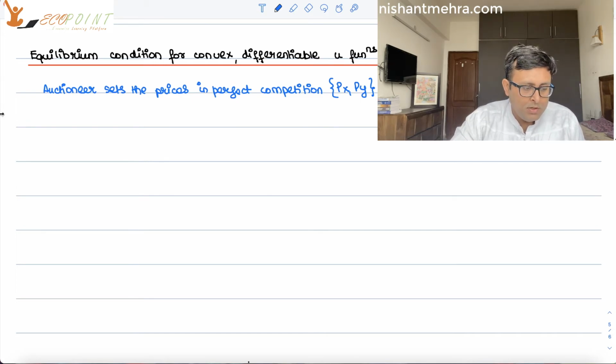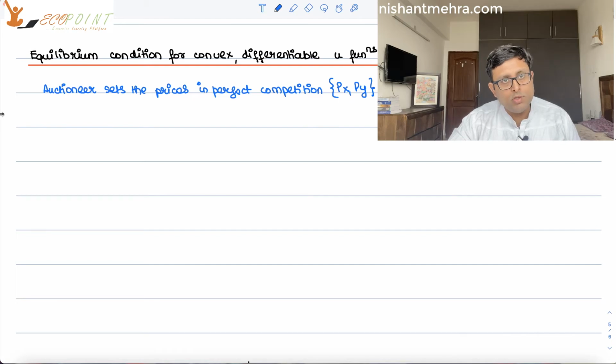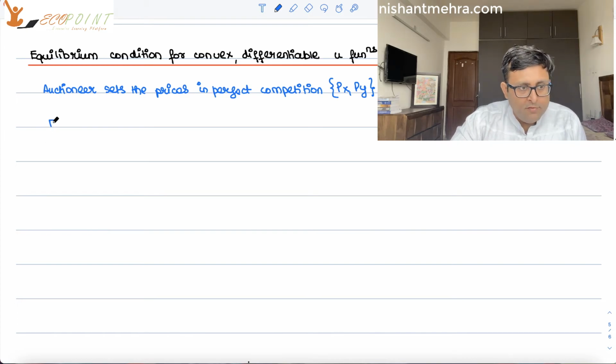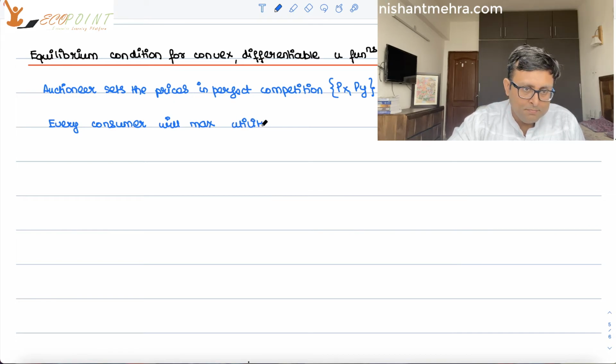He's setting the price. And there's a consumer who is maximizing the utility. So the prices are given to this consumer. We have already seen that there are two consumers and there are two goods. So consumers are A and B, goods are X and Y. So every consumer will maximize utility. There's consumer A. What is he doing? He's maximizing his utility, UA,